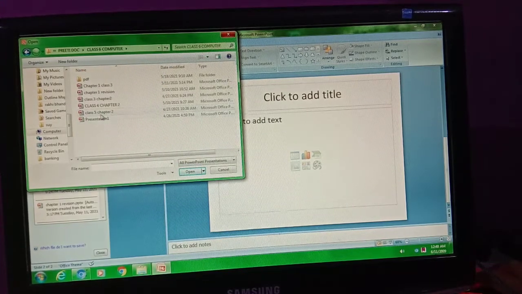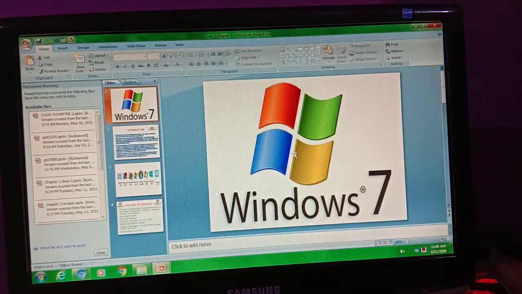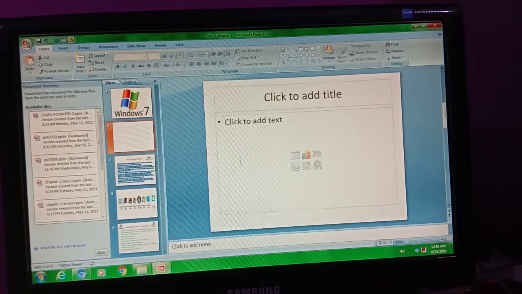And here is one of the presentations of class 5. So this is a presentation of class 5, so it is open. This is my existing presentation that is already saved in my computer. So how to open? From the Open option. Clear to everyone? From the Open option you can open.